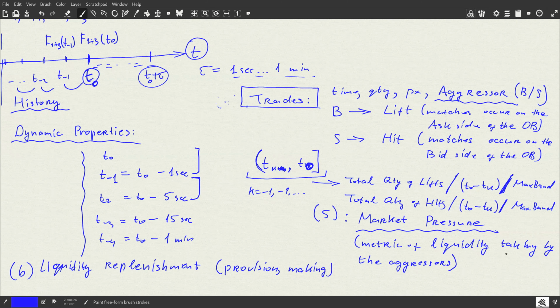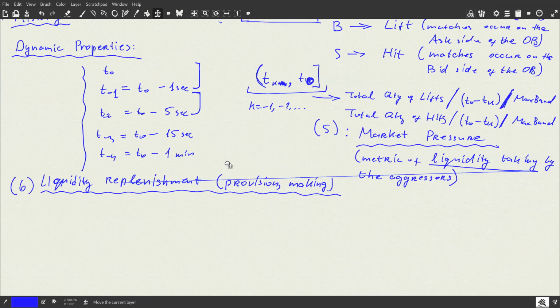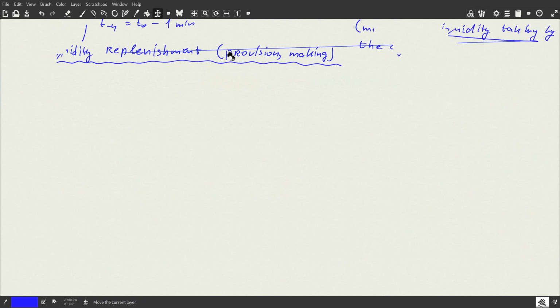This was liquidity taking by the aggressors. Now it is liquidity replenishment or provision or making. Okay. But again, to construct meaningful metrics, we need our quantities to be normalized. So what can we do? We can consider a similar